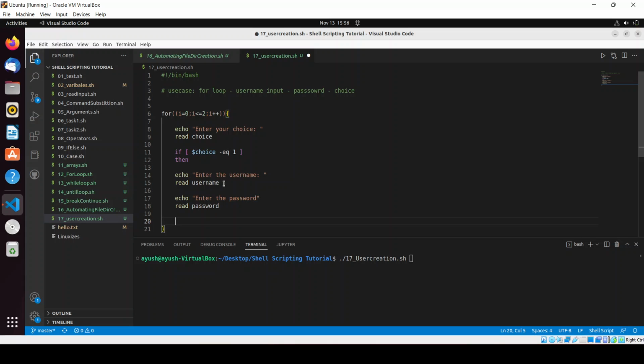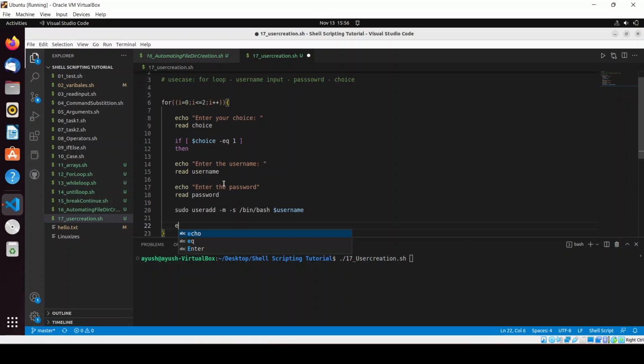Okay, so the command that we use to add the user is useradd. Then we will use sudo useradd and we will provide hyphen m hyphen s slash bin slash bash. Okay, and the username. So username is this one. In this we have stored a username, and then we will pass the password because passwd takes 2 parameters. Okay, so I will pass like this. Okay, so dollar username